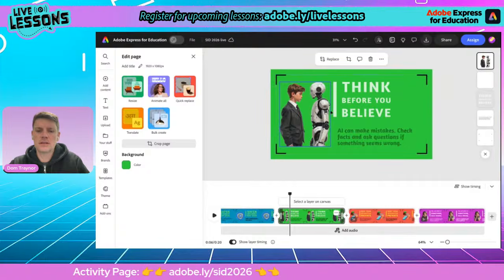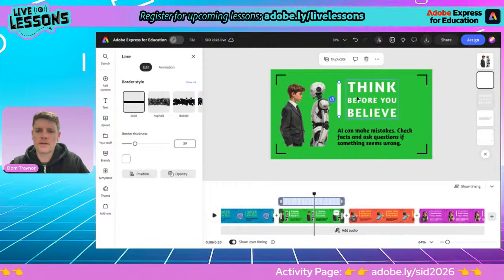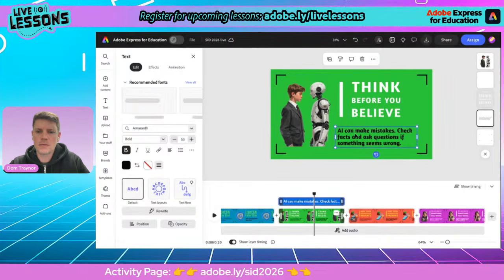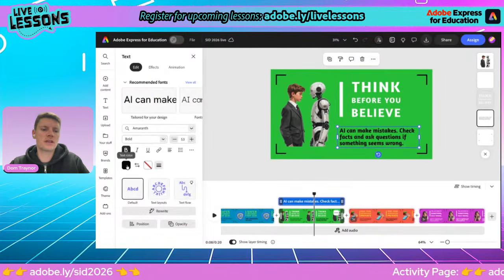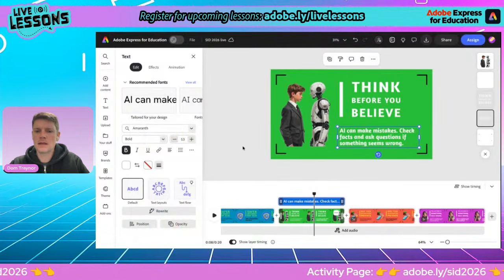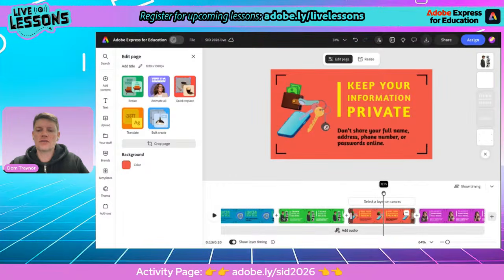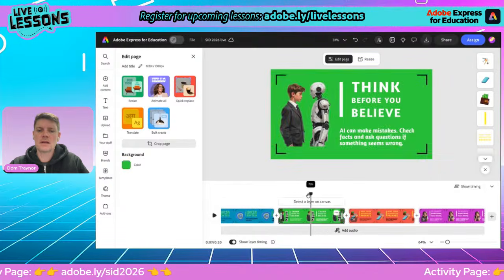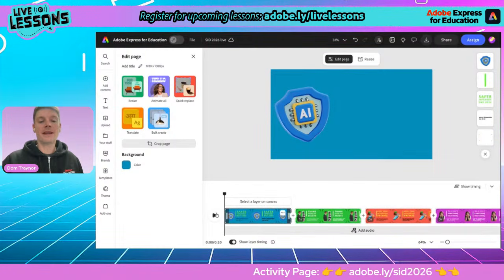Oh, do you know what? In terms of where this sits, maybe I would like to move all of this over. Move that over a bit. Move that over a bit. Move that over a bit. That's better. This one here, maybe I'll change that to white as well. Easy peasy. Right. So I've got 4 scenes in here now. Okay. Now, if I give that a quick play,